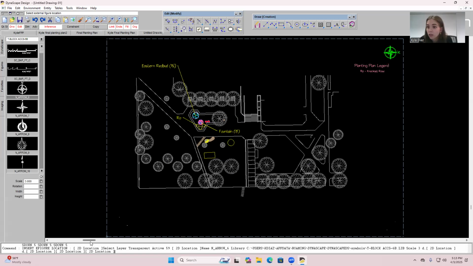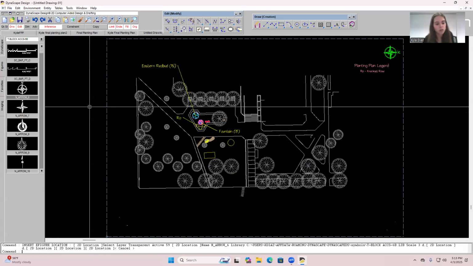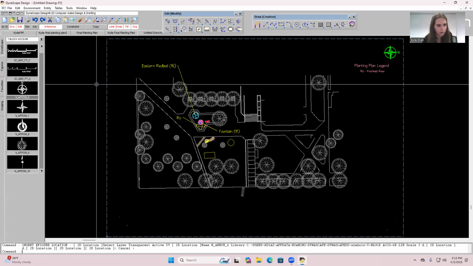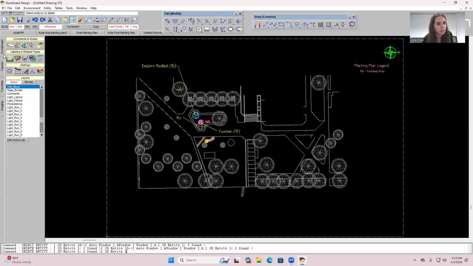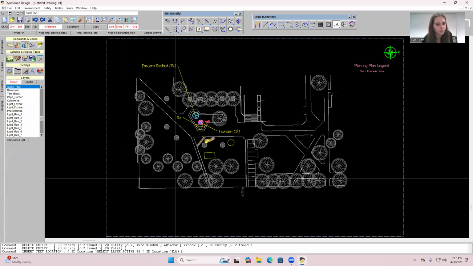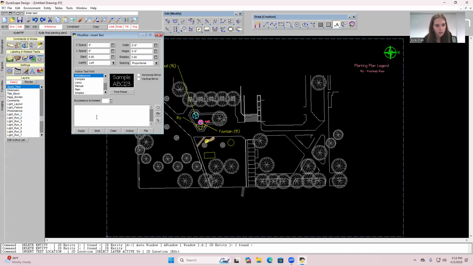We're going to make sure it's pointing the correct direction. And then for your scale, you can just use quick text to tell me the scale. I'm going to delete these really quick because they're already getting on my nerves. You're just going to go back to your Dynascape tab, hit quick text, click your A, and then you'll say